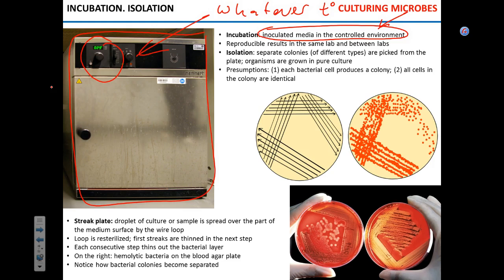Let's say you try to cultivate anaerobic microorganisms. Anaerobic means what? They do not tolerate oxygen. It would be awfully hard to create an oxygen-free environment for them in the room. You put them in the incubator, you can create whatever atmosphere you want. You can increase CO2, decrease oxygen, increase nitrogen, whatever you want. Keep certain humidity. Does that make sense? So that allows you to control the environment.